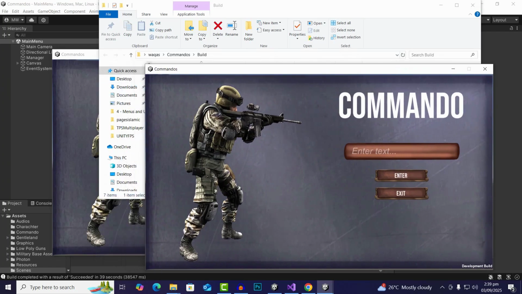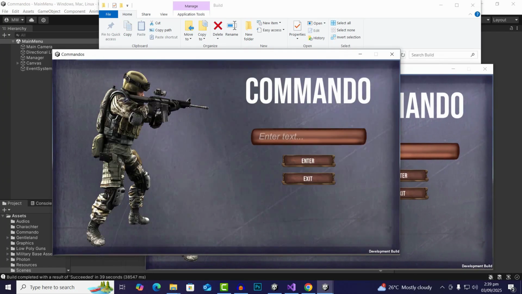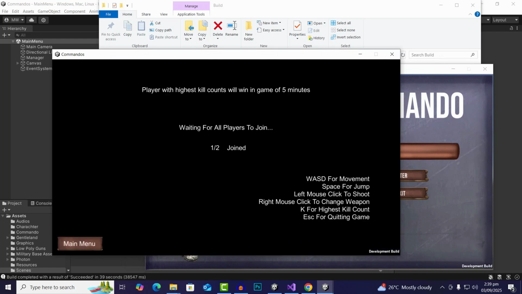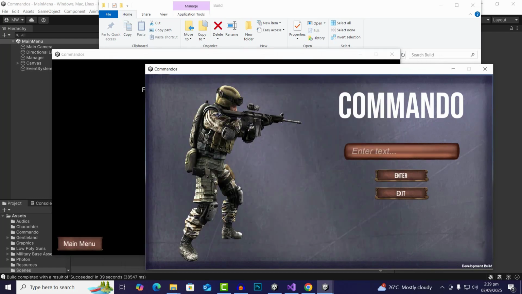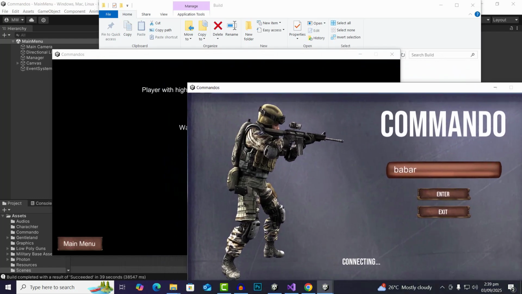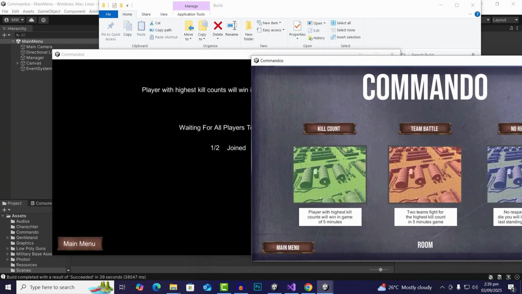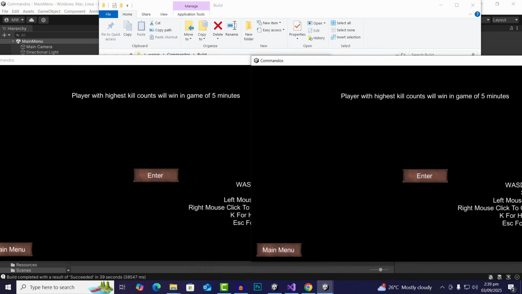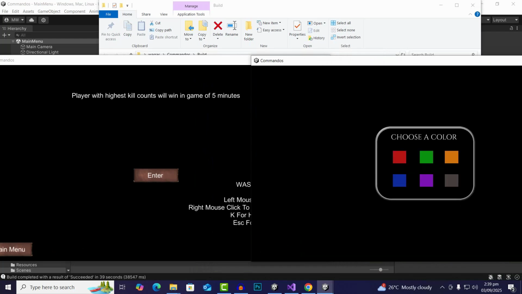Okay, so now we have opened two instances, and let's enter with the name, and now you can see one of two joined, and now the other player will join. And now you can see that we have the enter button, and if we enter, we can enter the game,